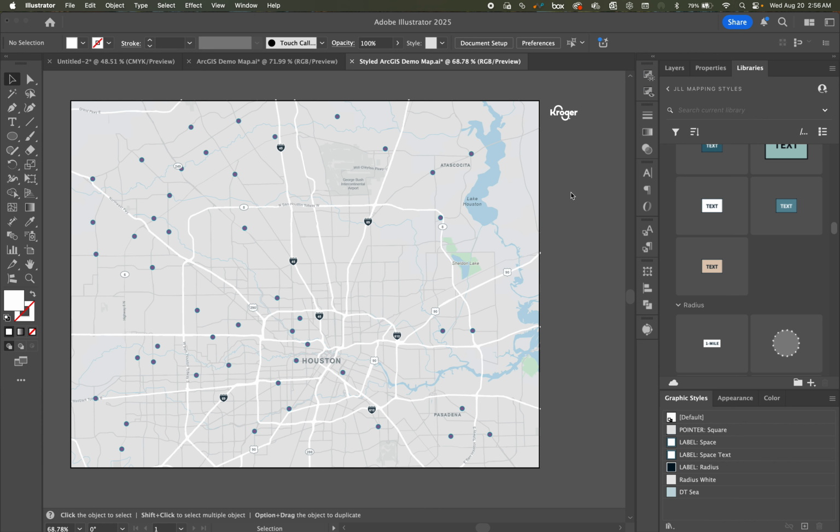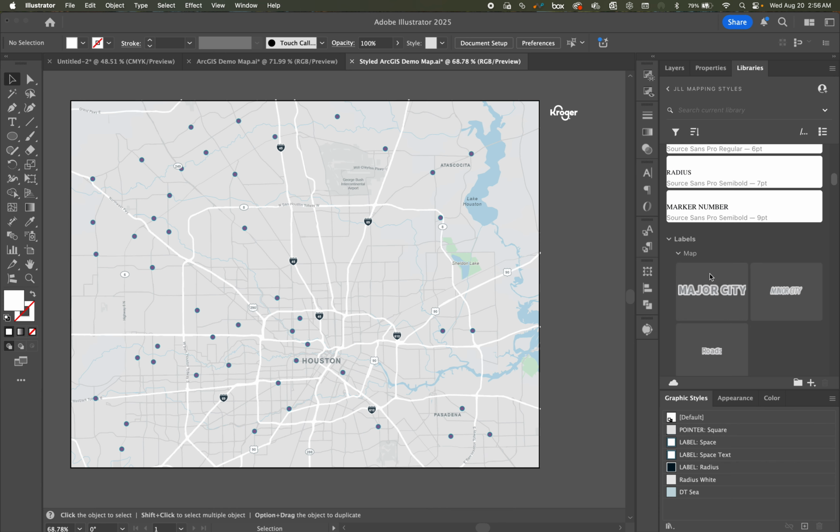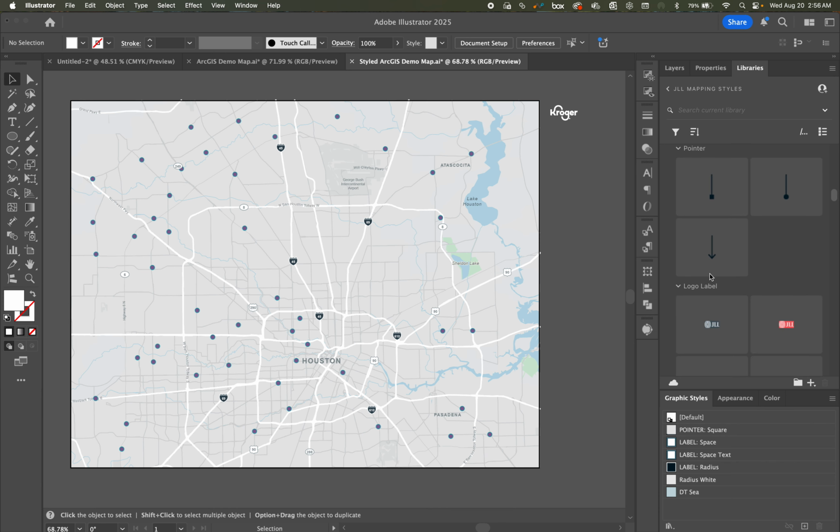So I've created a mapping CC library, for the primary case of having anything I could ever want ready. And this is what the team here over at Houston has been utilizing for our JLL branded material. And then from there, it's easy to customize and change, but it serves as a good base for anything and everything that we do. The map right here shows every Kroger in the Houston area, and let's say our producer